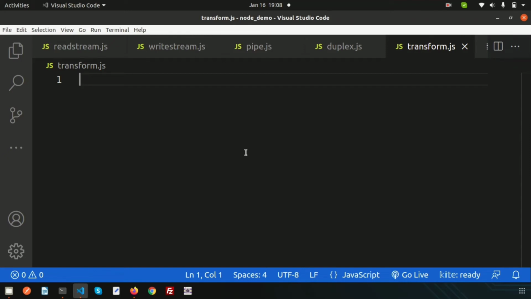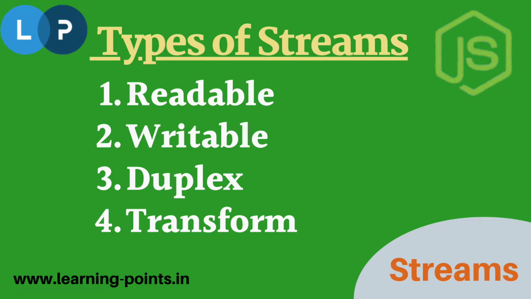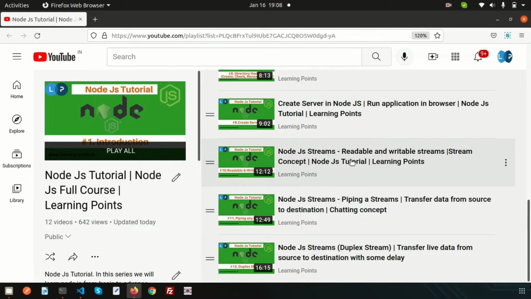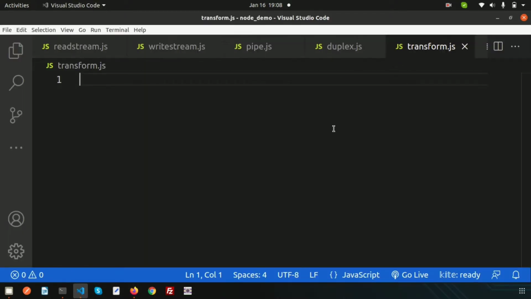So we are discussing Node.js streaming. Basically in Node.js there is a readable stream, writable stream, duplex stream and the transform stream. We already published tutorials on readable, writable and duplex streams, and on one important related topic, that is piping streams. We have discussed three types of stream, and only one is left, that is the transform stream. I recommend you see the previous videos; the links are provided in the description section.